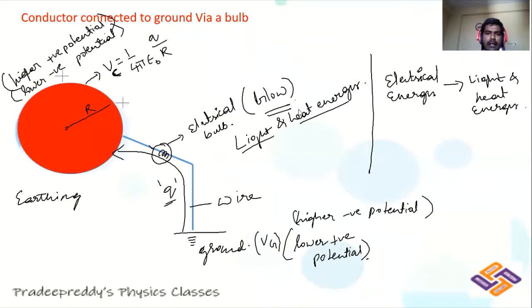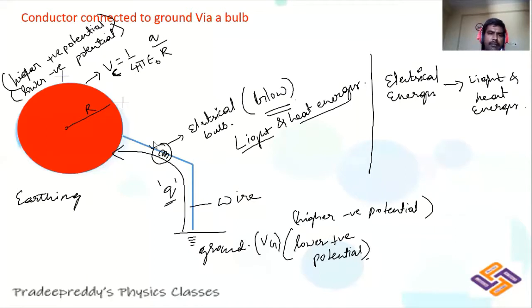These things we have already discussed in electrostatics, but it was quite different. We did not connect an electrical bulb over here. So when you are connecting an electrical consumer in this path, that consumer will convert electrical energy into light energy and heat energy. Therefore, whenever electric charge is transferring through a conductor, definitely there will be some heat energy produced in that particular conductor. So we have one more conclusion from this activity.